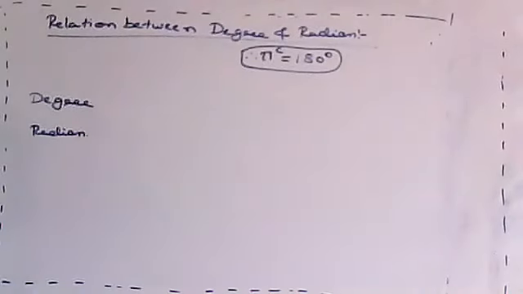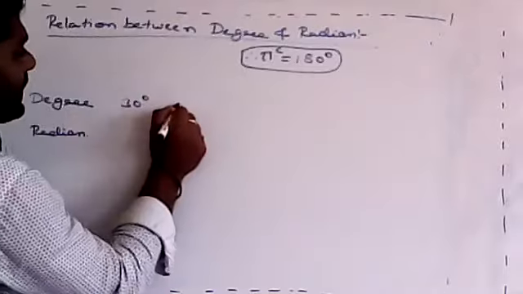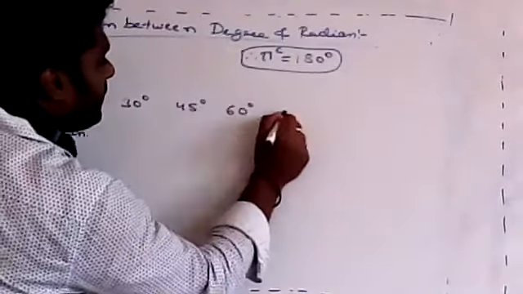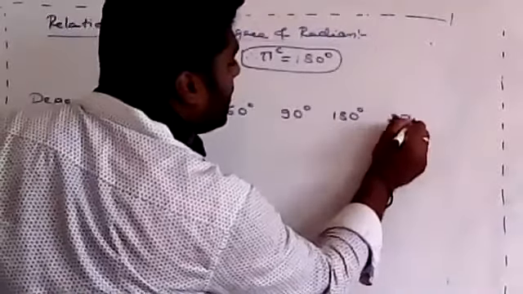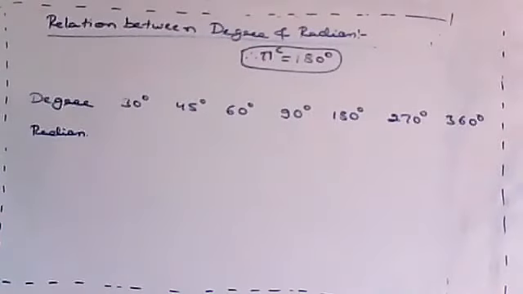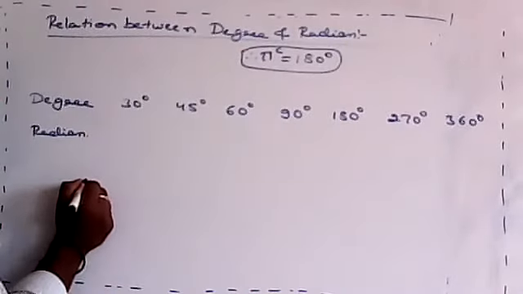Radian. Degree and radian. So if I write here, see, 30 degree, 45 degree, 60 degree, 90 degree, 180 degree, 270 degree, and 360 degree. Can you tell me in the form of radian, pi form? Okay, see here, I'll tell you how to write that one. So if we convert it in the form of radian, now what you have to do?